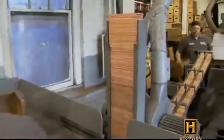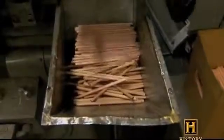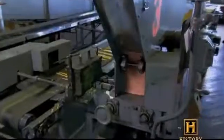The graphite cores are glued into one slat and covered with another, forming a sandwich. Once dried, the slats are cut into round or hexagonal pencils. We make a hex pencil and a round pencil. Traditionally, a hex pencil was made so simply it would not roll off the desk of a child. The pencils are then sanded and painted,